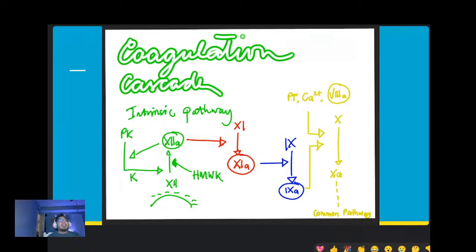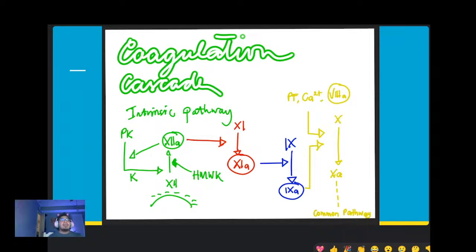Now, another action of factor 12 is to be a cofactor for the conversion of factor 11 to activated factor 11. Kita nyo? Lahat ng mga bibilog, tingnan nyo sa slide na yan ha, lahat ng mga may bilog, activated form yon. Lahat ng walang bilog, yun ay zymogens. Nakikita nyo? So, red na tayo.